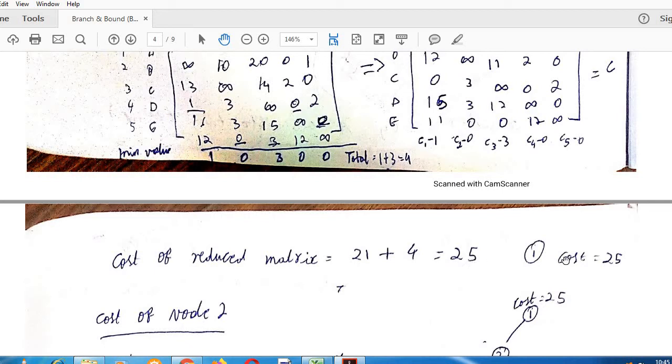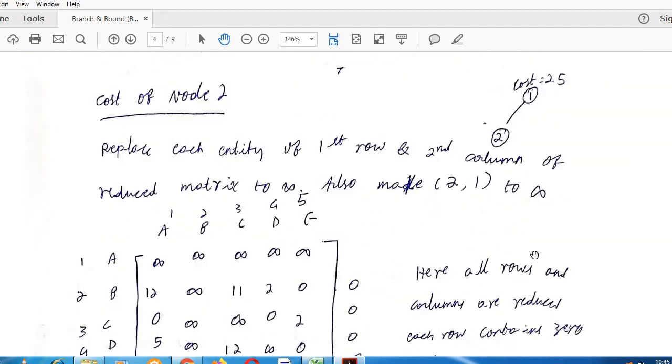So this value of 25 will be assigned to the starting node 1. So after that,